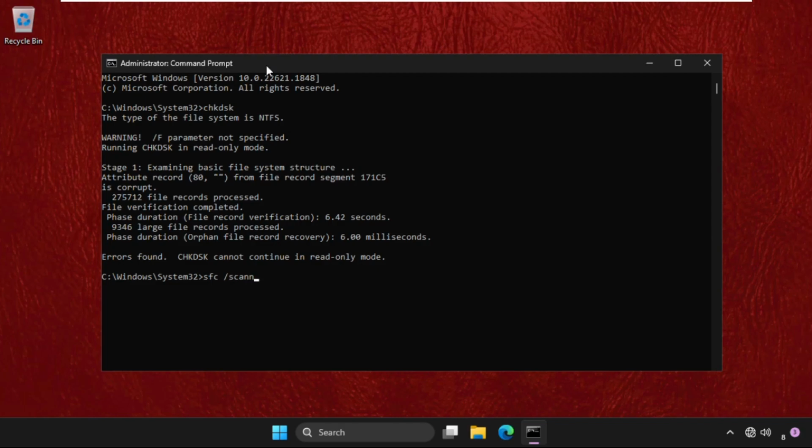scanfile equal to c colon backslash windows backslash system32 backslash ieframe.dll and hit enter. Now type your sfc space slash